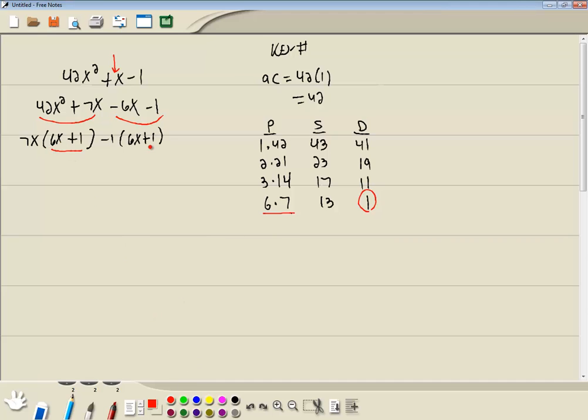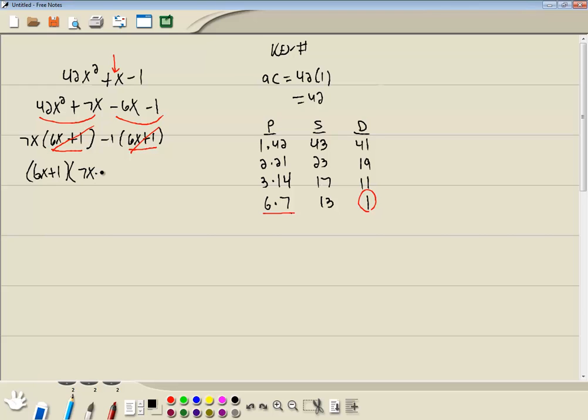Now our goal was to get these parentheses the same, which they are. So I'll factor out a 6x plus 1. Now to decide what goes in your second set of parentheses, you can come back up to the previous step. And if you cross out these 6x plus 1s, what isn't crossed out is what goes in your second set